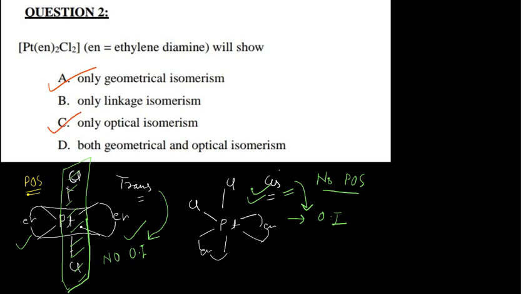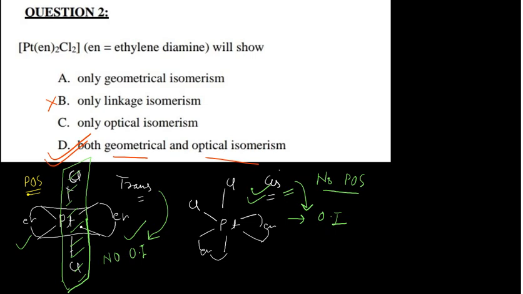There is no question of linkage isomerism in that case, because every time if you replace the position of the two chlorines, they are always connected with the platinum atom. Similarly, if you change the position of the ethylene diamine, again they will have the same position connected with the same platinum. So there is no chance of linkage isomerism. So option D is the correct answer, because both geometrical and optical isomerism are possible. If I omit the remaining things, option D is the correct answer. This is how you can solve the problem.